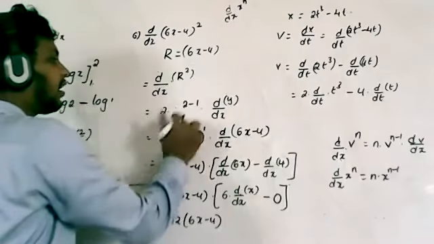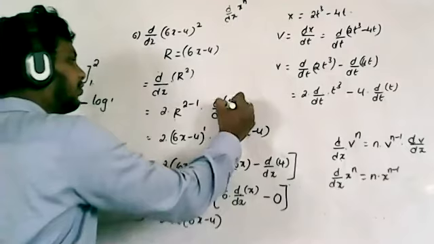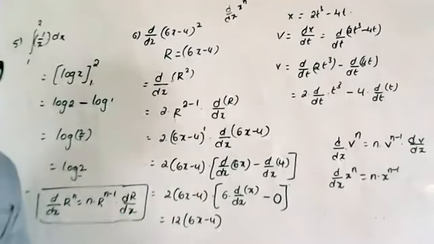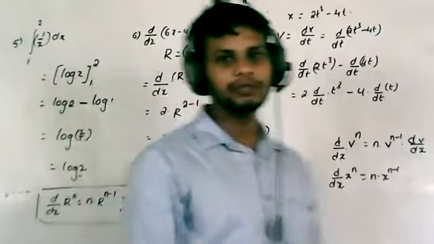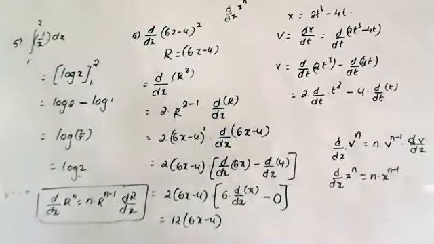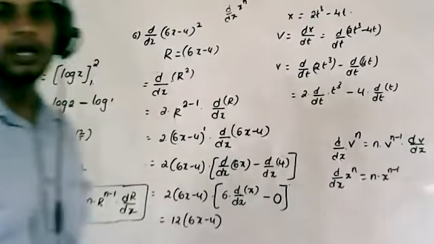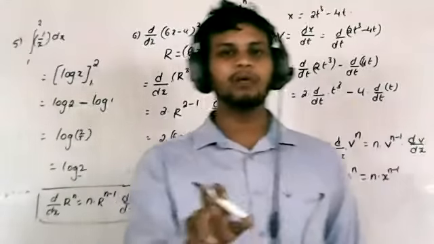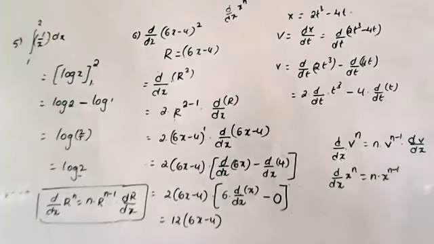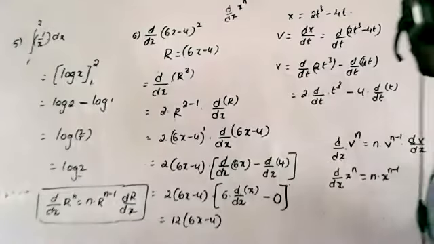So you can take this as R power minus 2, and you can take this as dr by dx. But what is the R value? It means this value. But R is a variable. Understood? The same problems will be repeated in mathematics also. So if you found it easy here, then in mathematics you will feel it much easier.